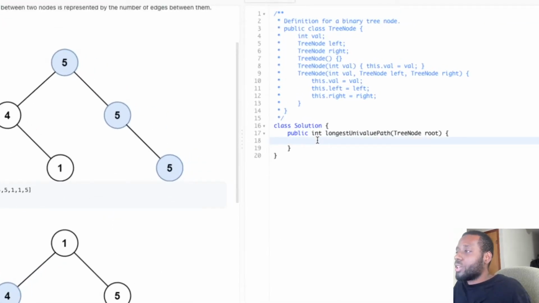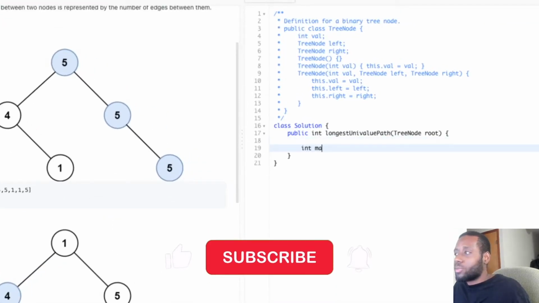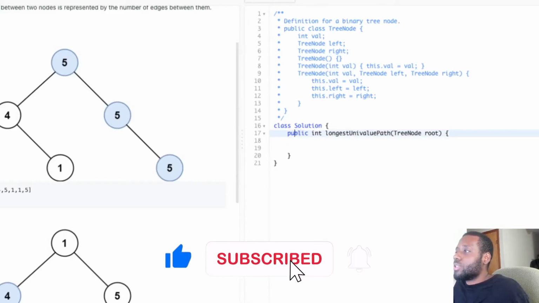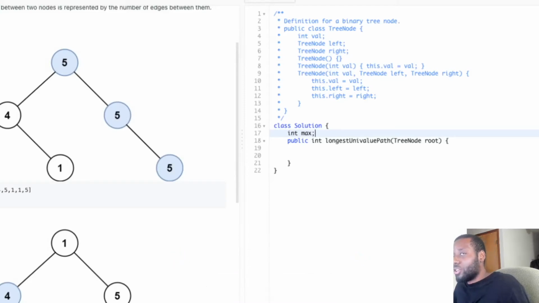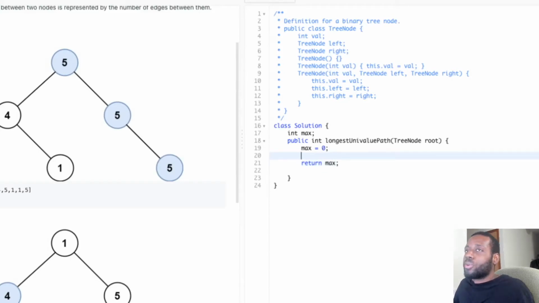So pretty much we're going to have some kind of instance variable, guys, because they said that the path may or may not pass through the root. Whenever I hear that, I always do it like that. I have some kind of instance variable, and then I return it at the end, because at every node we're going to calculate